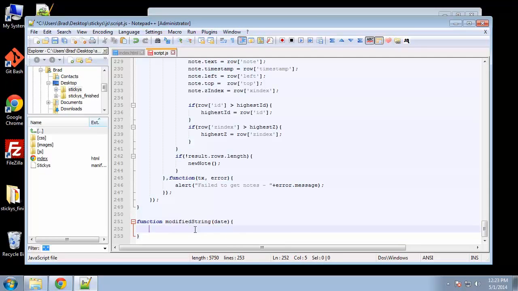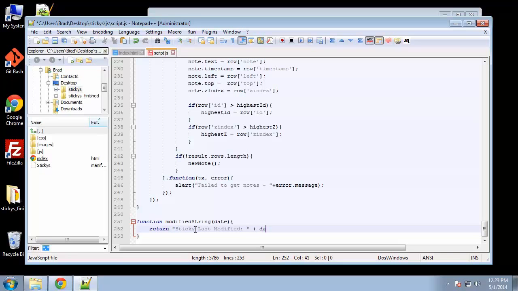And we're basically just going to concatenate some text along with the date properties. So we'll say return, and then we'll say note, or actually let's say sticky last modified, and then we're going to concatenate on